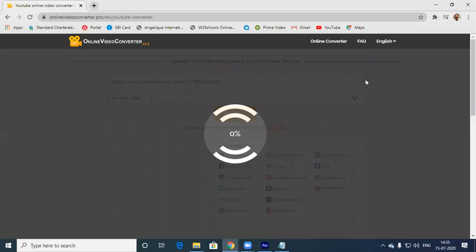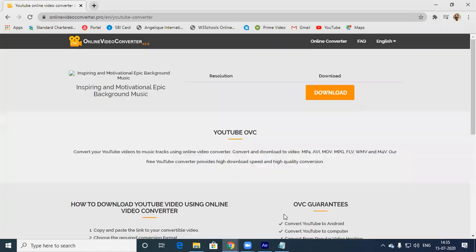Yeah, there was a blocker, ad blocker was there, which was blocking. Now it is converting to MP3. So I'll add this MP3 in my composition so that we can finish off one video.